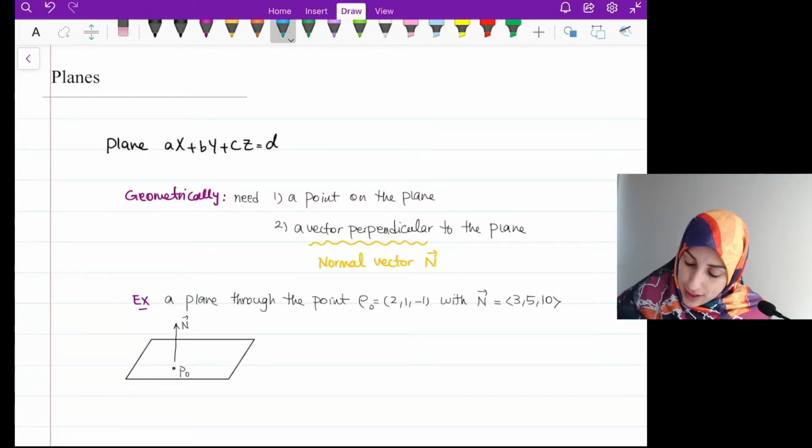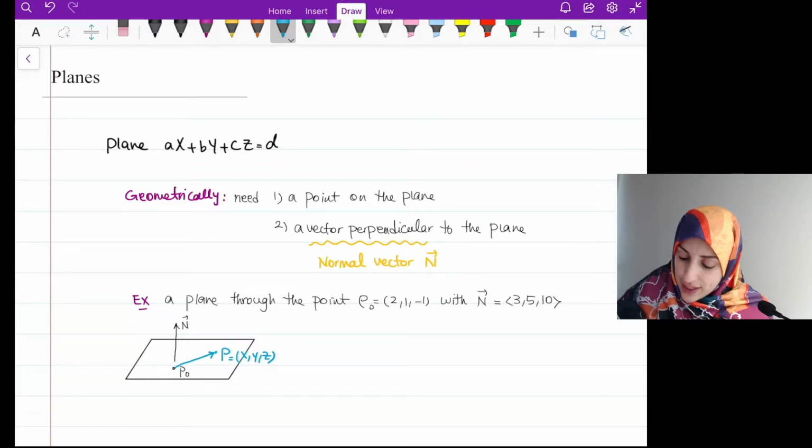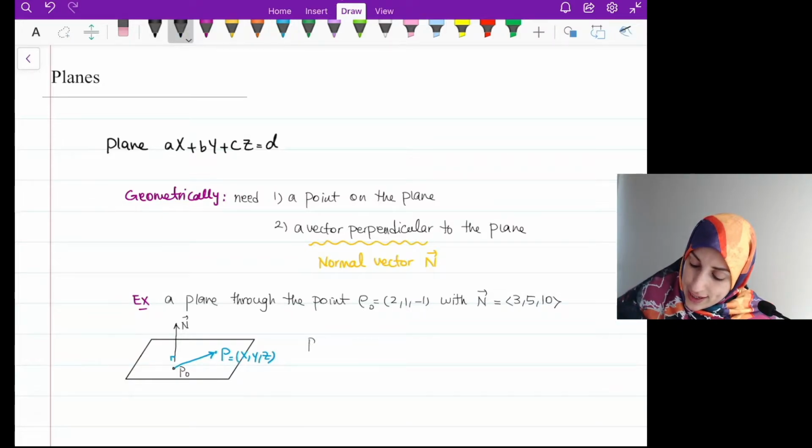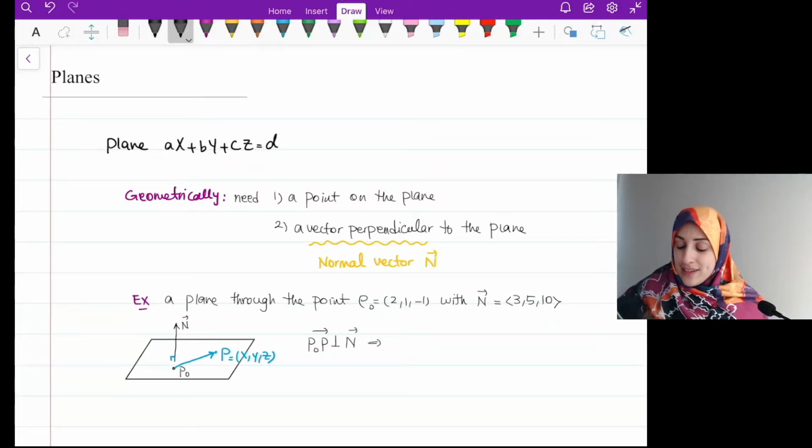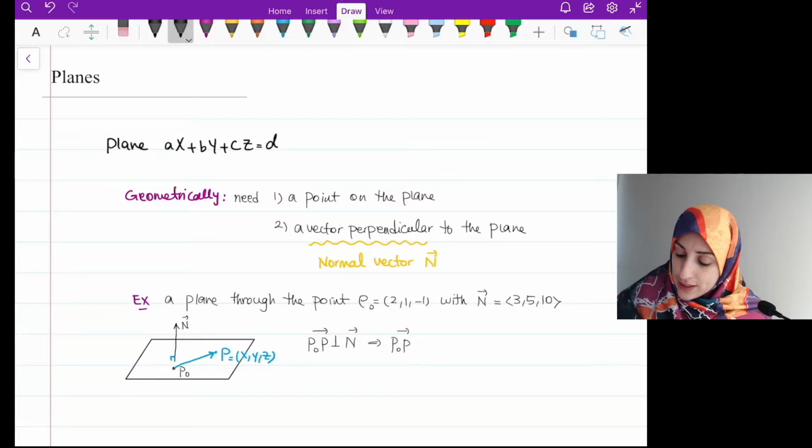So I'm going to pick just one point P with x, y, and z, and then the vector P0P is orthogonal to n. Meaning that P0P dot n, the dot product of two orthogonal vectors,